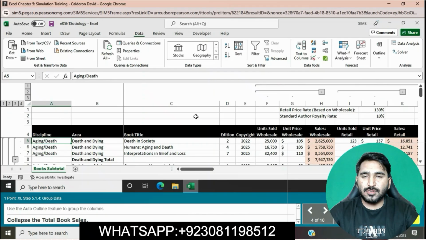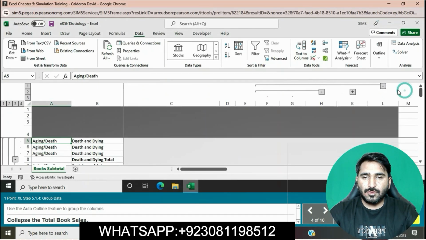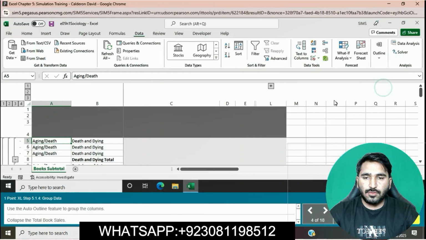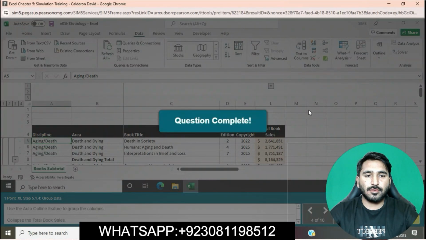Collapse the total book sales. We will collapse the total book sale. Okay, question is completed now.